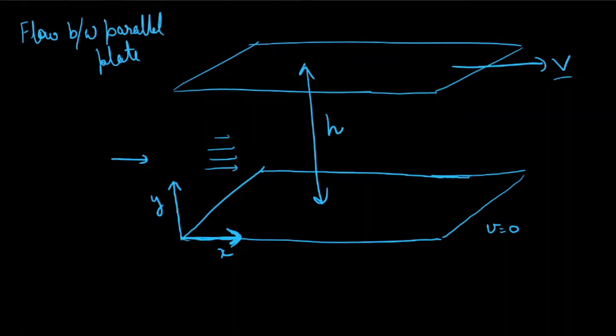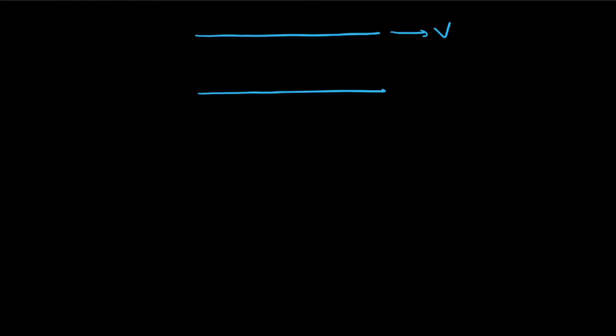The direction of the momentum, we consider it to be the x direction, and the direction in which the two plates are separated from each other is the direction y. So I have set my coordinate system like this. Drawing the plates again in the xy plane, these are the plates where the upper plate is moving with velocity V. This is the y direction, this is the x direction, momentum is in the x direction, and in direction y the distance between the two plates is given by a quantity h.